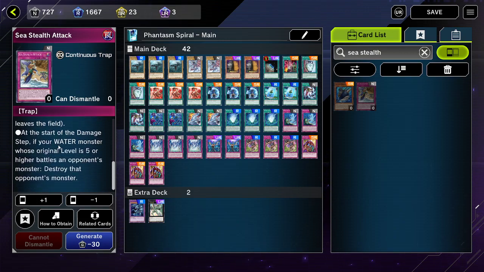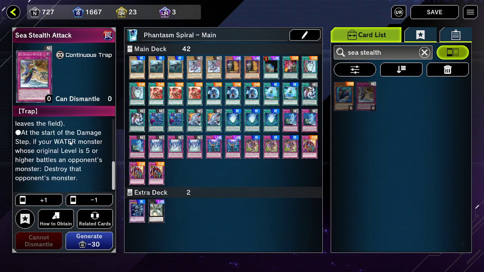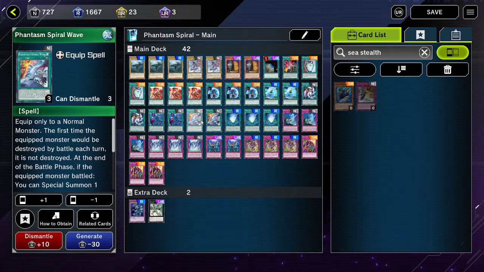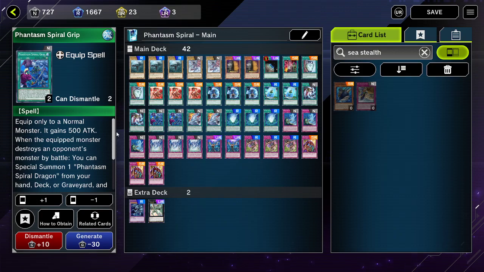And then this one could come up if your water monster whose level is 5 or higher, so Phantasm Spiral Dragon, battles an opponent's monster, destroy that opponent's monster. That does have pretty good synergy with Phantasm Spiral Wave. The first time it would be destroyed by battle each turn, it's not destroyed. So if your opponent has a card that has higher attack than what you can beat over with your Spiral Dragon or Spiral Dragon with the 500 attack boost,